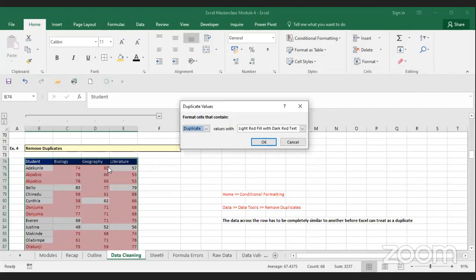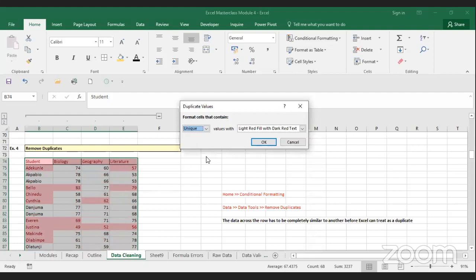You can actually see that its formatting is highlighting 60 because, for example, somebody else has called 60 elsewhere on this record. You can actually format based on unique scores, the ones that are unique. You see what would change now. You can actually see it has changed. And there are different colors that you can use. You can use gray and all of that. In fact, you can